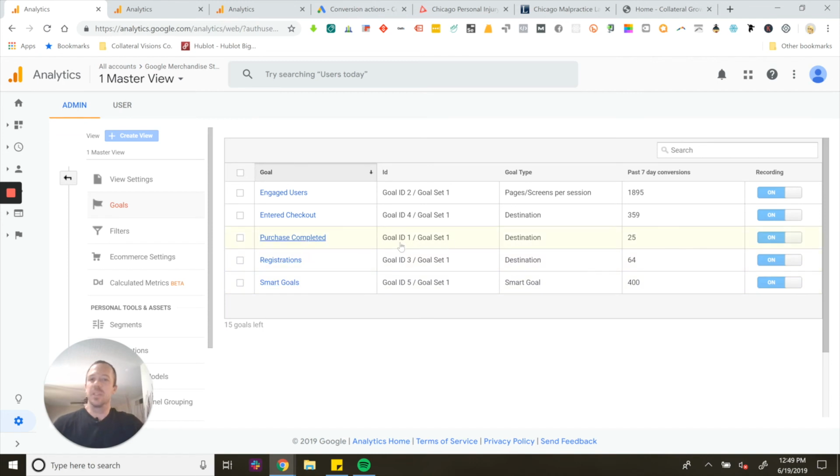As you can see within the completed data, we've got purchase completed, but SMART goals was over 400. SMART goals are going to break down into a lot of the stuff we've spoken about so far, about time on page, which pages got the most page depth views. And it's going to be more of a combined aggregate of all of those goals to start getting you some